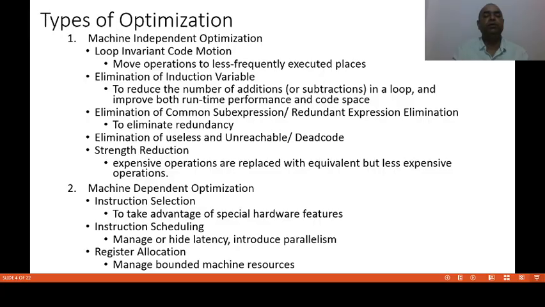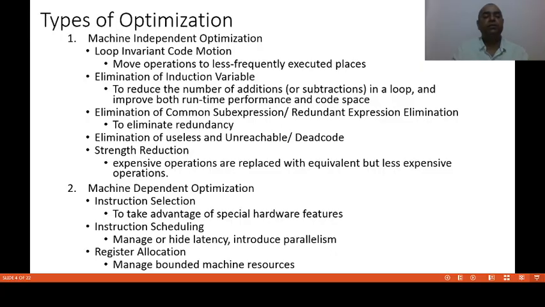That means when we are optimizing the program, we are concerned with what hardware is present in the current machine, and according to that hardware, we can select the instruction. Instruction scheduling. It is used to introduce parallelism inside the program.